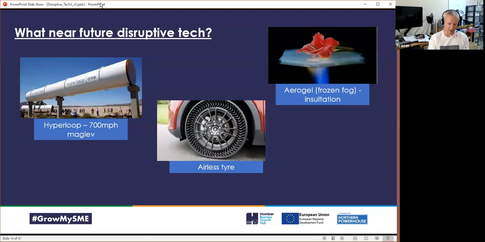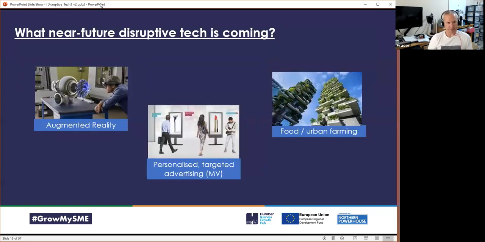And whilst it's expensive, I think about $1 per cubic centimeter, I suspect that when that becomes mainstream, more and more people will be using it in building supplies and so on. So that was a very quick cut through of some things that are on my radar, which I think are basically ready for market. Three other things to watch: augmented reality, already here, but great for engineering and training. More personalized advertising, and I think we're going to get to a point where we'll see more urban farming, particularly because we've got supply chain issues.